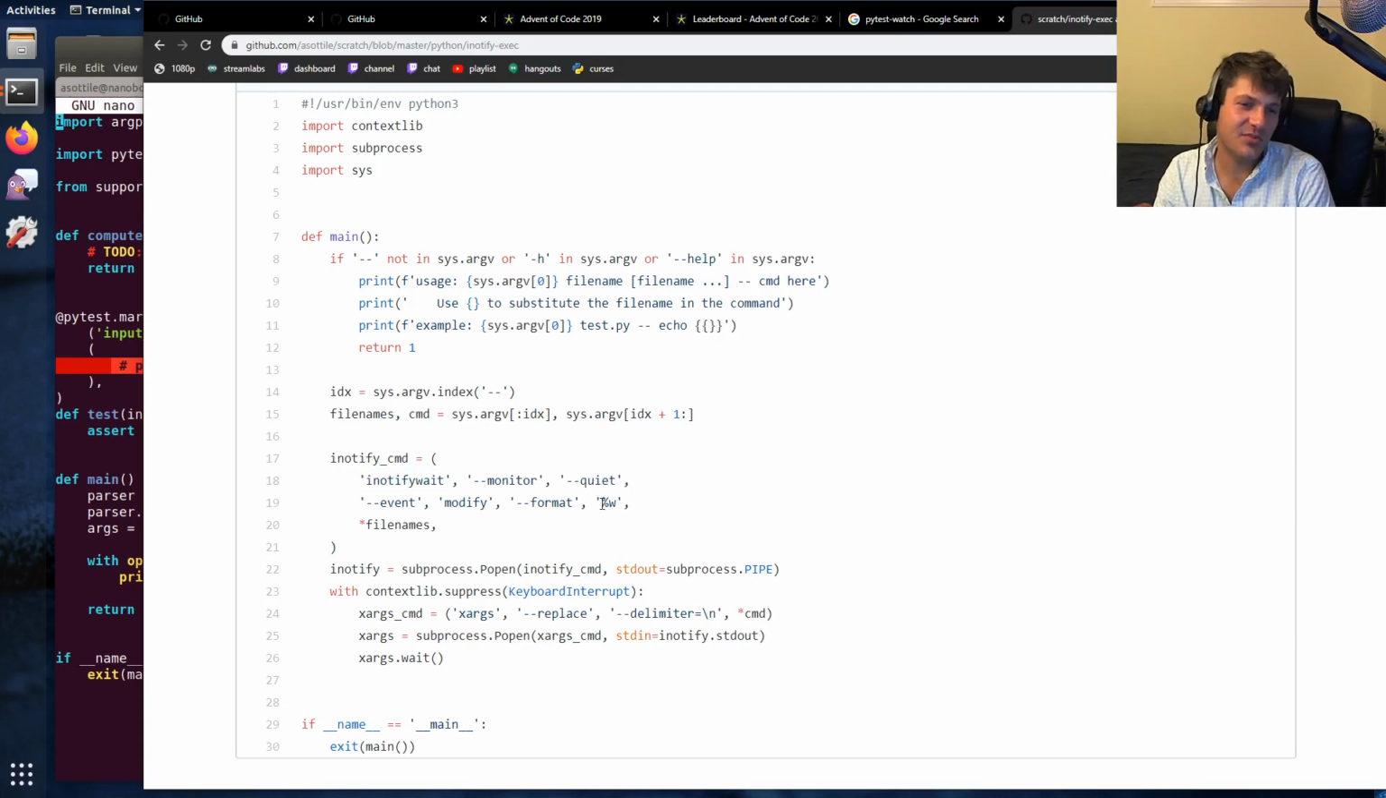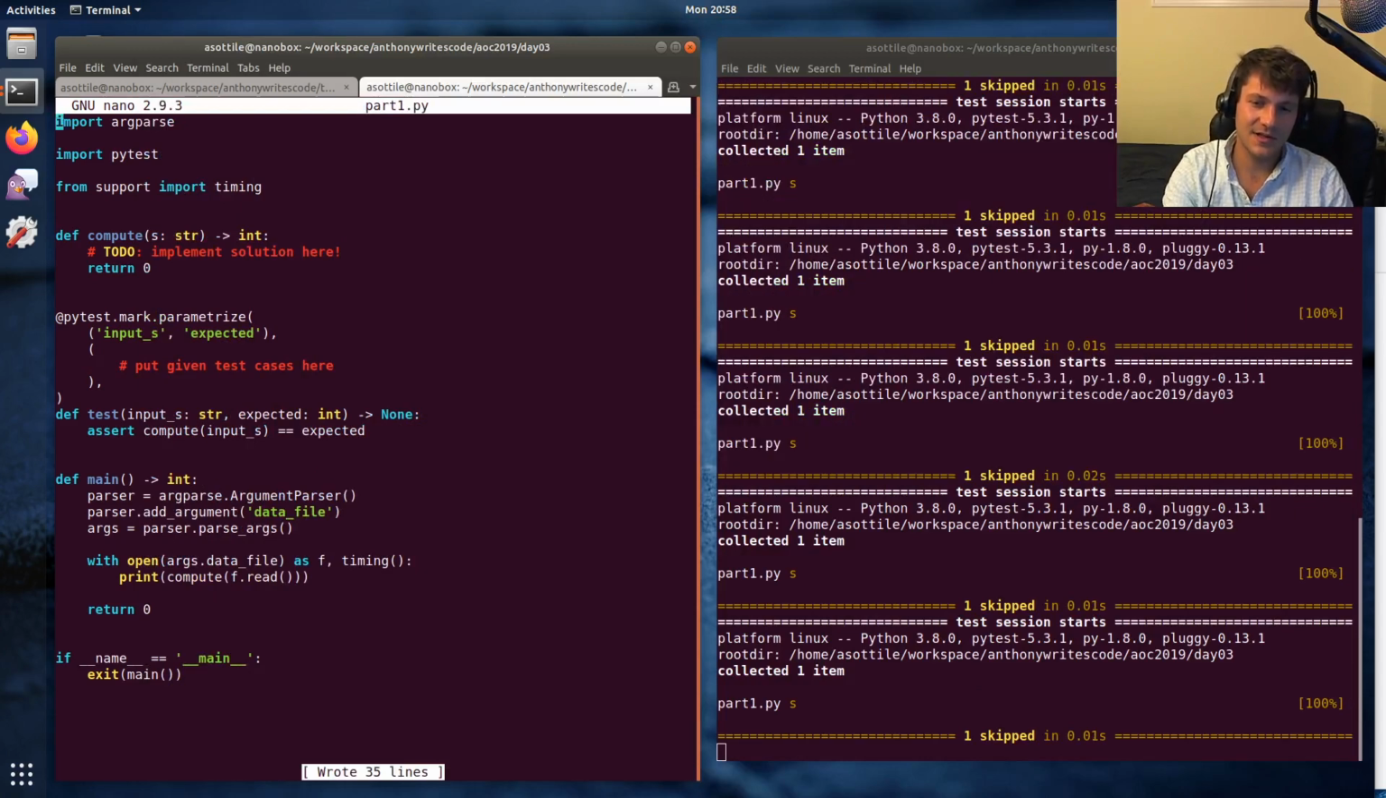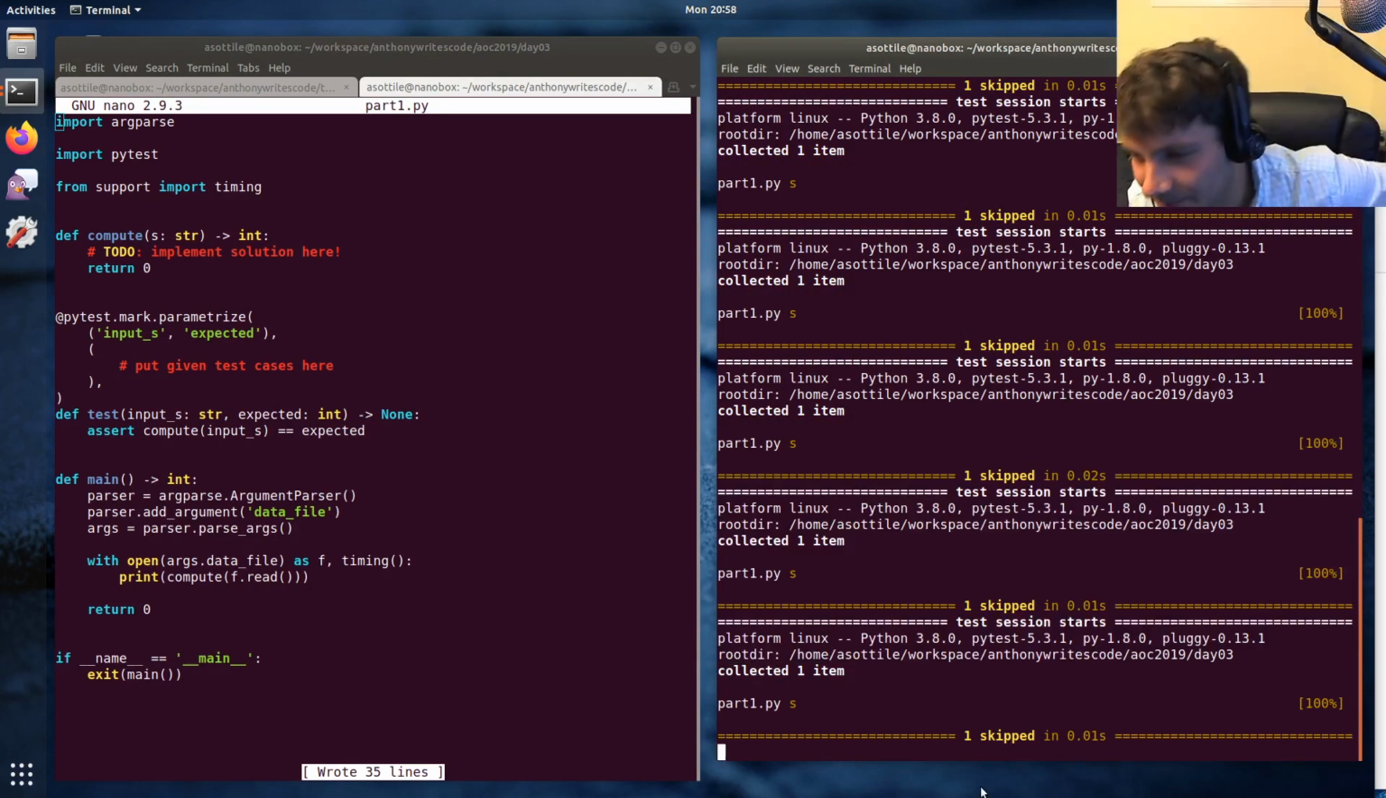But what this does is it prints out the file name every time it does something, and then this takes file names on standard in and splats them into this command. So that's how this works. The problem is if you write a bunch of times, it will just keep running it. Well, it runs so quickly it doesn't matter. But